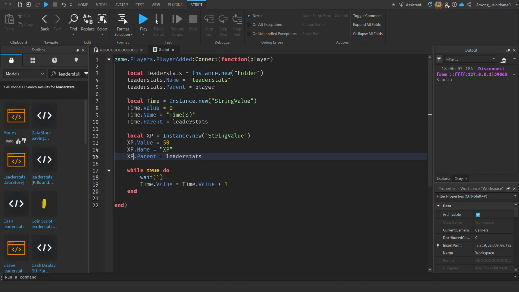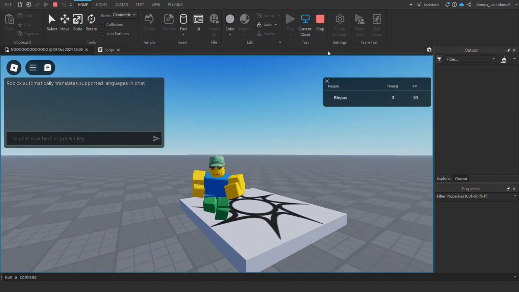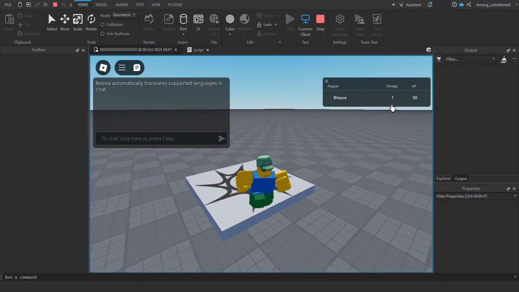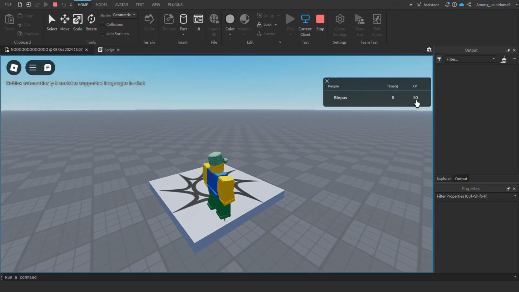So you end up having an XP value, which you can also make it so you add another while true do loop. Yep, and then make it wait 5, and then you do xp.Value equals xp.Value plus 1. So then every time this reaches 5, it adds 1 XP. So look,